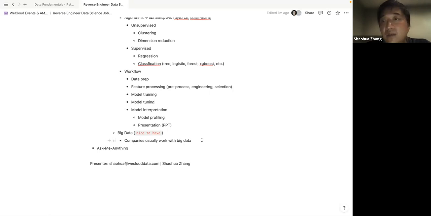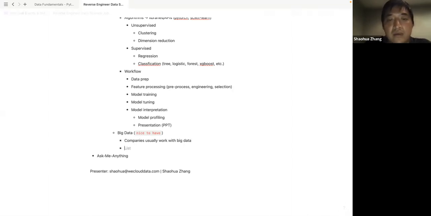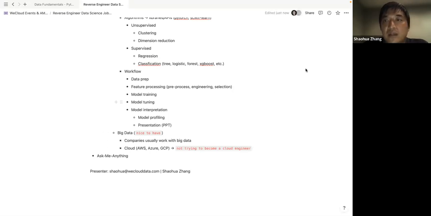Another skill, so I think earlier someone asked me about having a bachelor's degree, going through a bachelor's in data science. My recommendation here is to learn more than just big data: cloud computing. So work with AWS, or maybe Azure or GCP, just pick one of them, but you're not trying to become a cloud engineer, right? That's not the goal. When you learn cloud, you're opening a can of worms. There are so many things you can learn. A lot of people ask me, should I go for the cloud engineering certification? I said no,